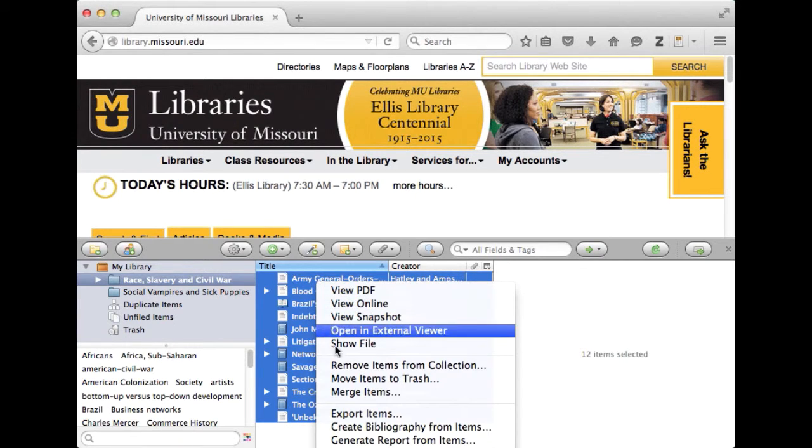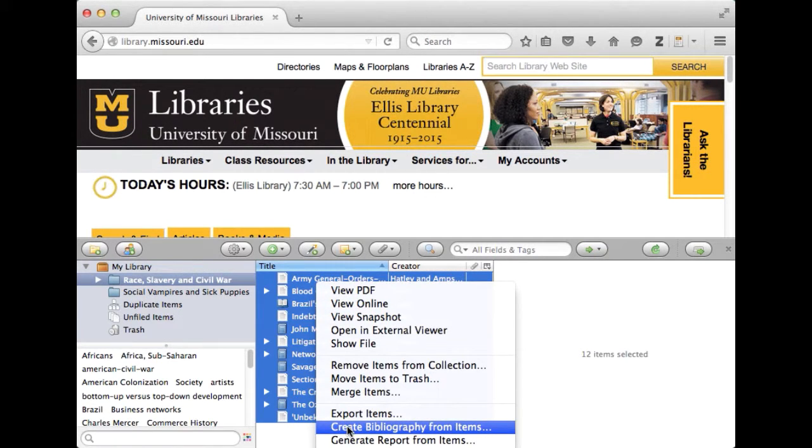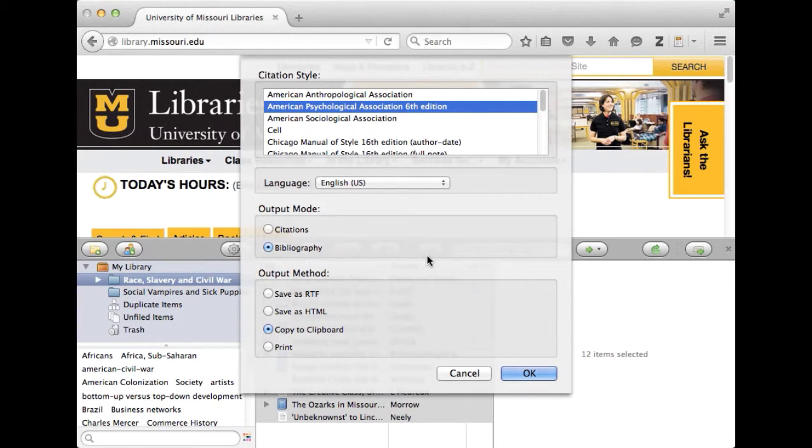Okay, so I'm going to pick Create Bibliography from Items, and it's going to ask me what style I want them in. I want them in APA 6 style, and I want to make sure it's going to copy it to the clipboard. I hit OK,